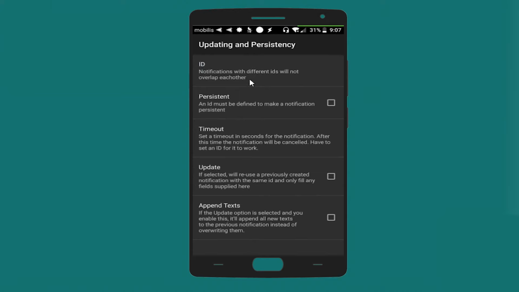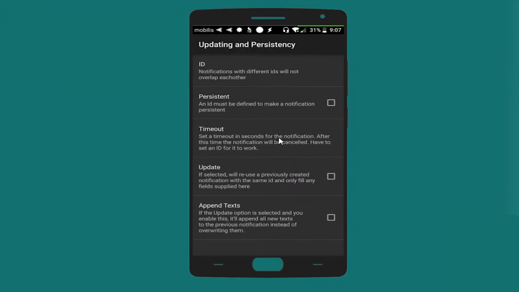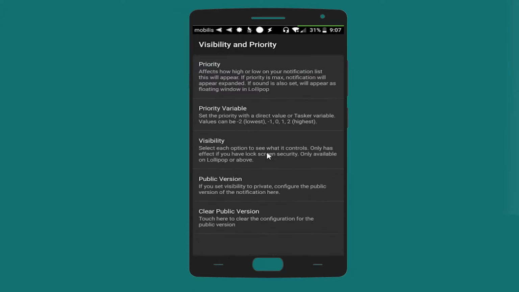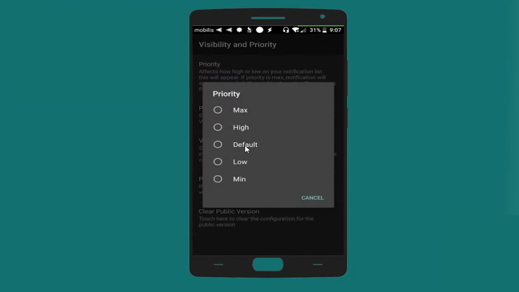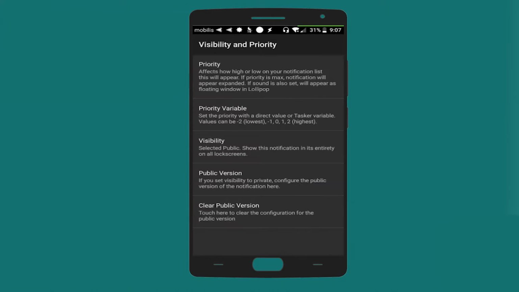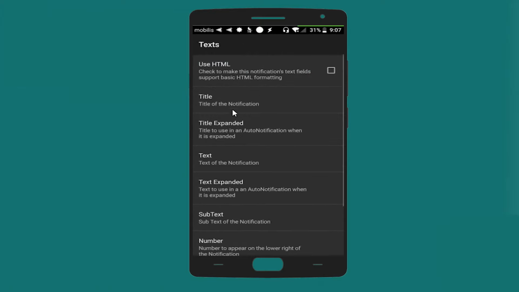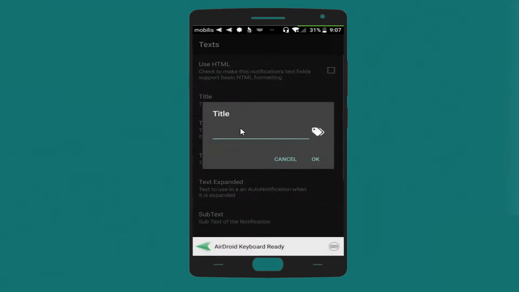Okay, the ID, let's choose out. Persistency, not persistent. Okay, let's go back. Visibility and priority: priority default and visibility public. The rest will stay as it is, and text for the title